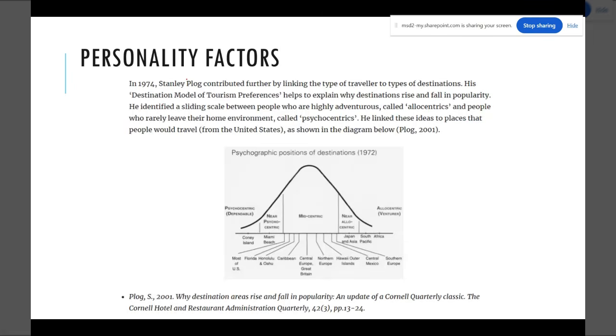I did kind of go over this, personality factors. It's kind of about how we measure personality traits in what's called the Big Five, and one of them is openness, as in openness to new experiences. And I think that's the big one. People that are open to new experiences will tend to want to go farther away. In geographic studies, they call these highly adventurous people allocentrics, and people who rarely leave their home environment psychocentrics. So how far you're willing to go, the type of niche versus mass tourism can be based on personality factors, and personality factors can be at scale. You can see common personality factors in various regions and in various nations as well.